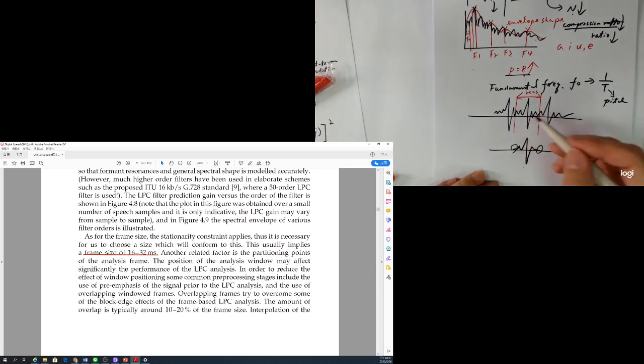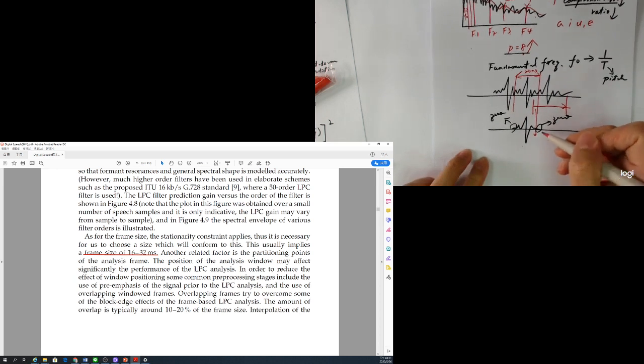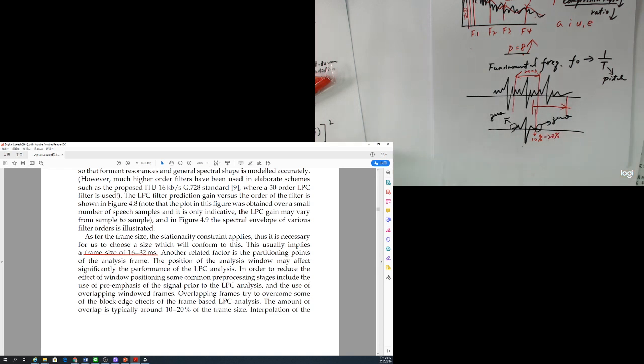However, your boundary information is a little bit missing. So we try to base on your complete information in the center to build the model. So we are trying to smooth it, to make this close to 0 at the boundary. So your boundary tries to become 0. So sometimes in speech coding, they will consider that the next frame has 10% to 20% overlap. But sometimes speech coding does not use it because during your recovery, if your speech frame